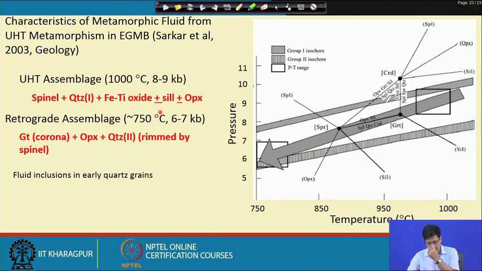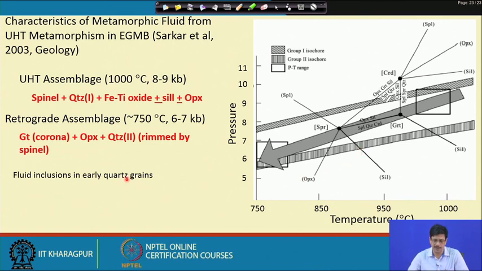So, this possibly was the ideal condition to study the characteristics of the metamorphic fluid, because we have quartz 1 and quartz 2 in this assemblage, and they studied the fluid inclusions. They report both quartz 1 and quartz 2 to have been populated with pure carbonic inclusions, and these pure carbonic inclusions in quartz 1, which corresponds to the peak metamorphic condition, are of high density, and in quartz 2 the same carbonic inclusions are calculated to be of lower density.